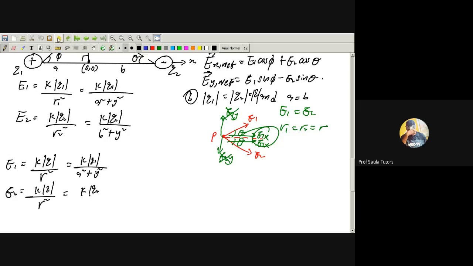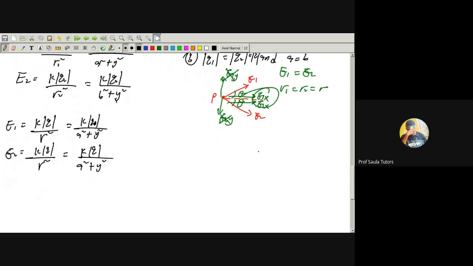KQ. No need to put Q1 and Q2. KQ over R squared. Remember, the R are both equal. So I'll just say A squared plus Y squared. Or if you like, you can use B squared plus Y squared. Remember, A and B are equal already. Now, the next thing is that you want to remember we are using this component. So